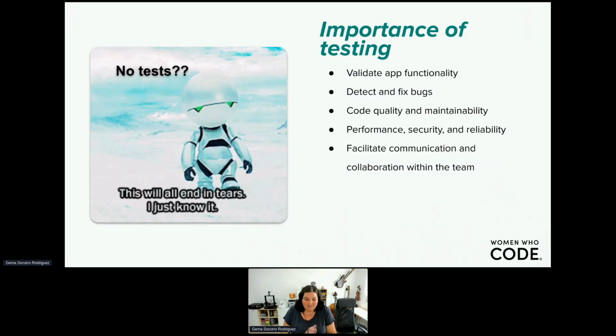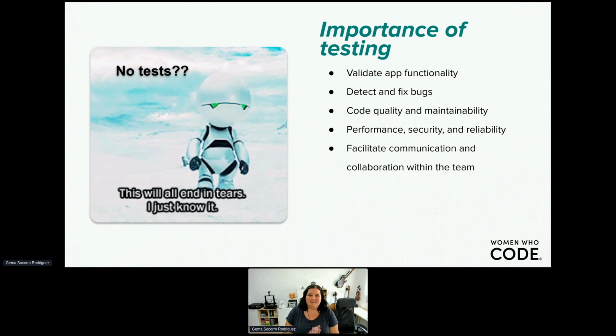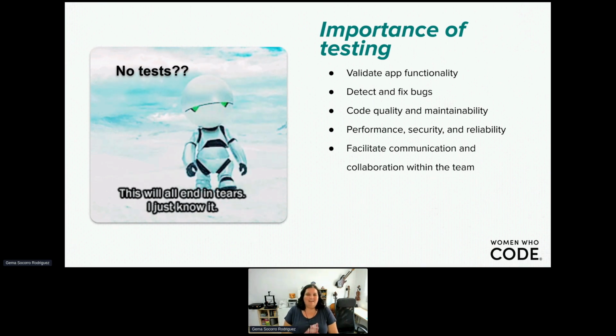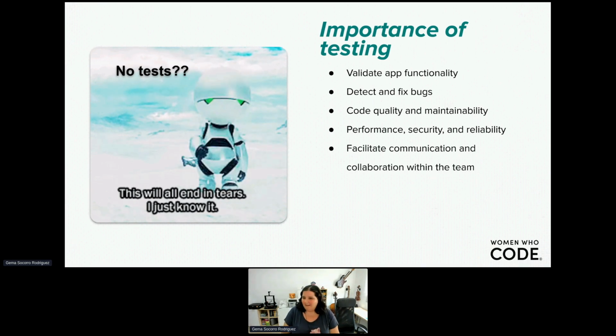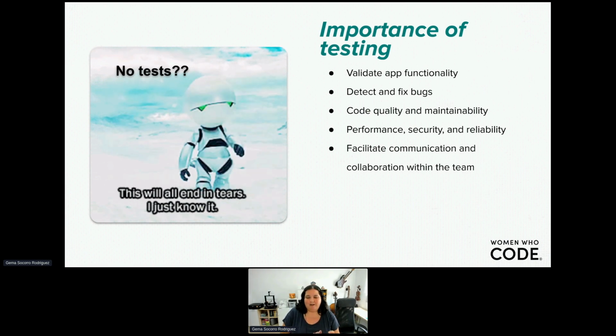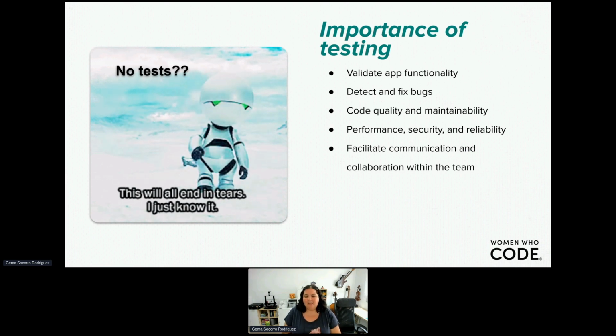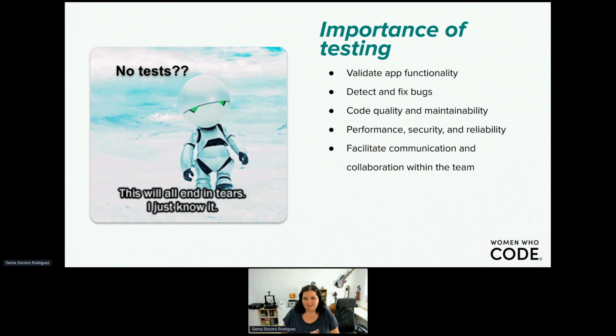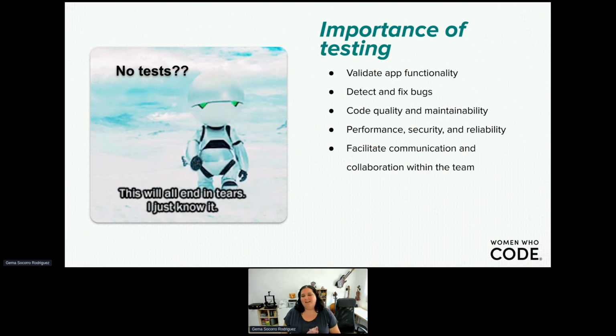So, as developers, we understand the importance of testing. For example, to validate app functionality, detect and fix bugs, to guarantee code quality and maintainability, for performance, security, reliability, and also to facilitate communication and collaboration within the team.